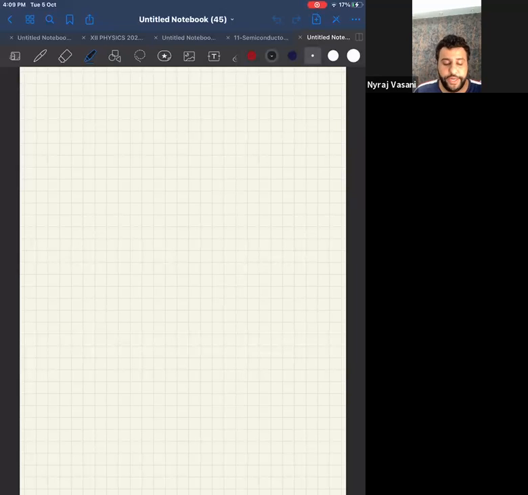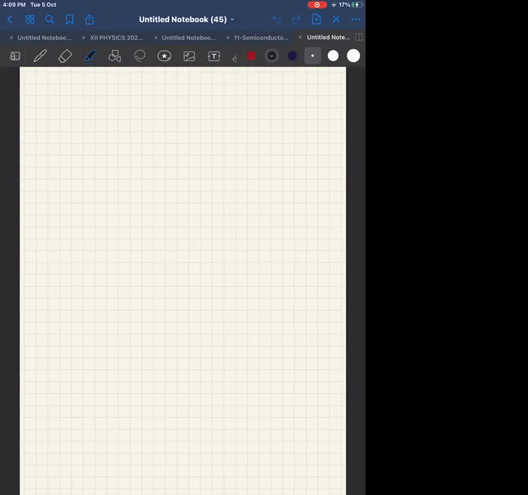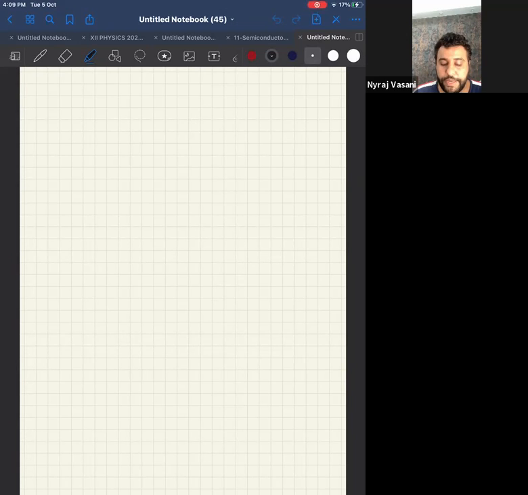If you look at the first point, when the bulbs are in series, the total power consumed is 1 by P is equal to 1 by P1 plus 1 by P2 plus and so on. And look at it in parallel. The total power in parallel is P1 plus P2 plus P3 plus and so on up to Pn. Therefore, if you look at these two, can I say it is exactly like capacitors? We have done capacitors, right? Capacitors in series is 1 by Cs is equal to 1 by C1 plus 1 by C2. And capacitance in parallel is Cp is equal to C1 plus C2. Therefore, power follows a similar logic.